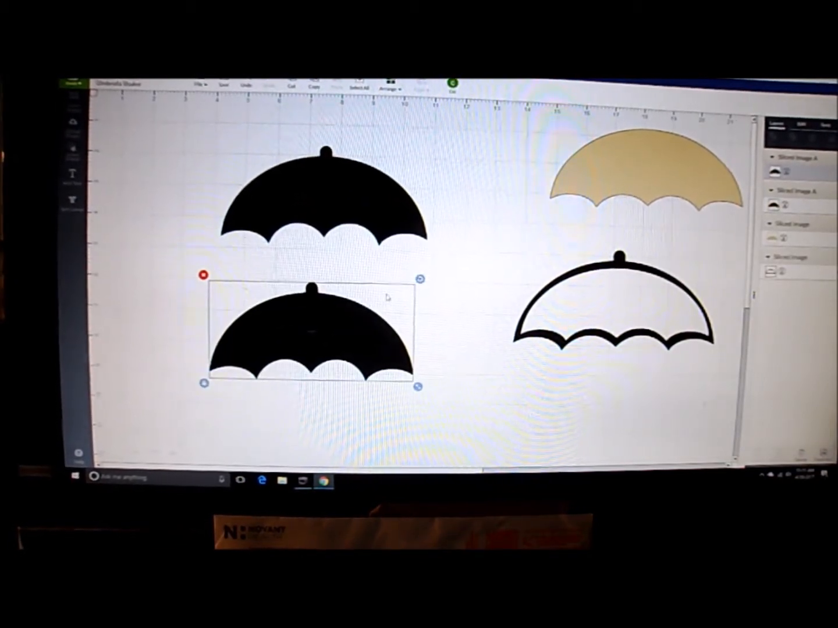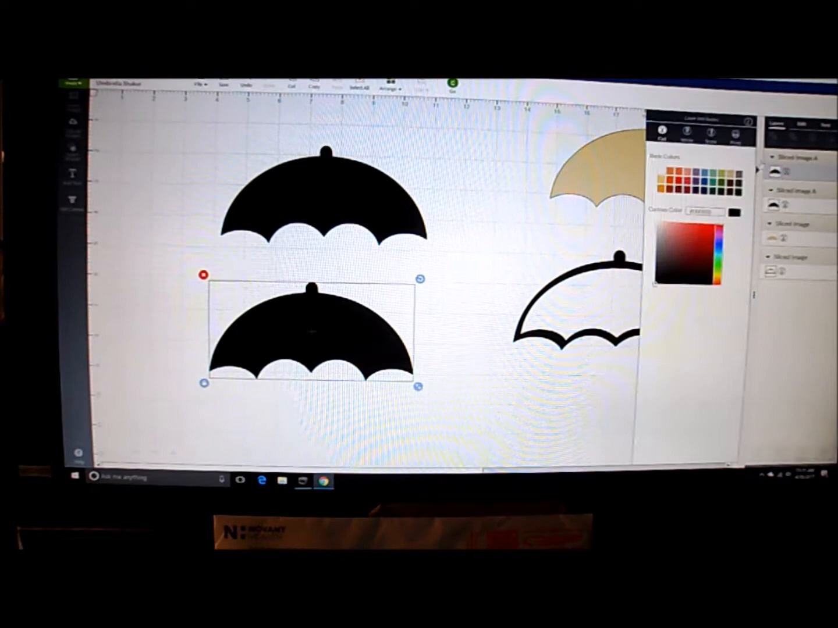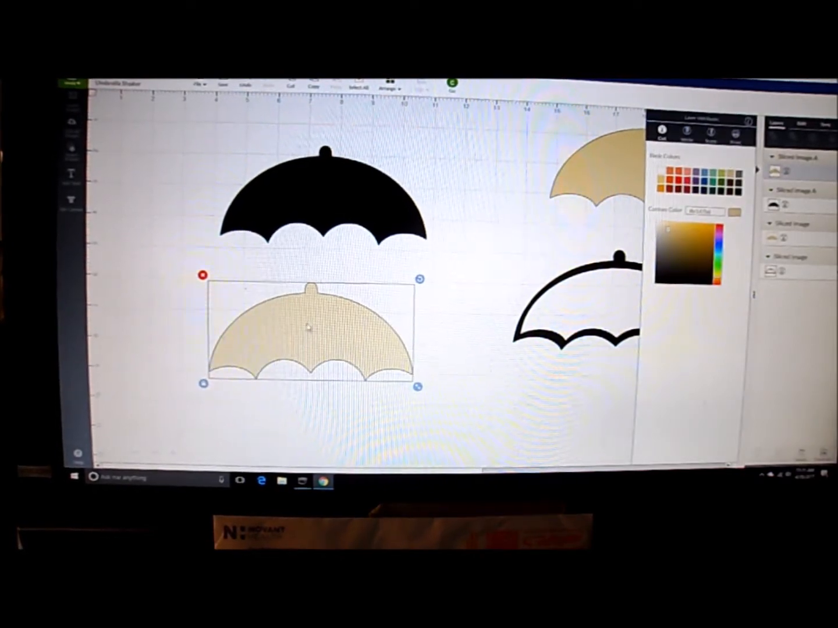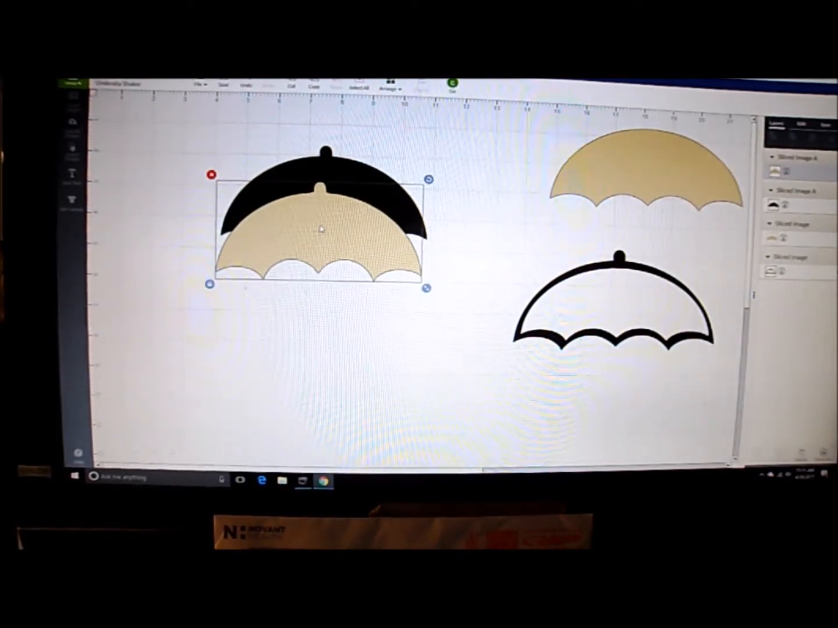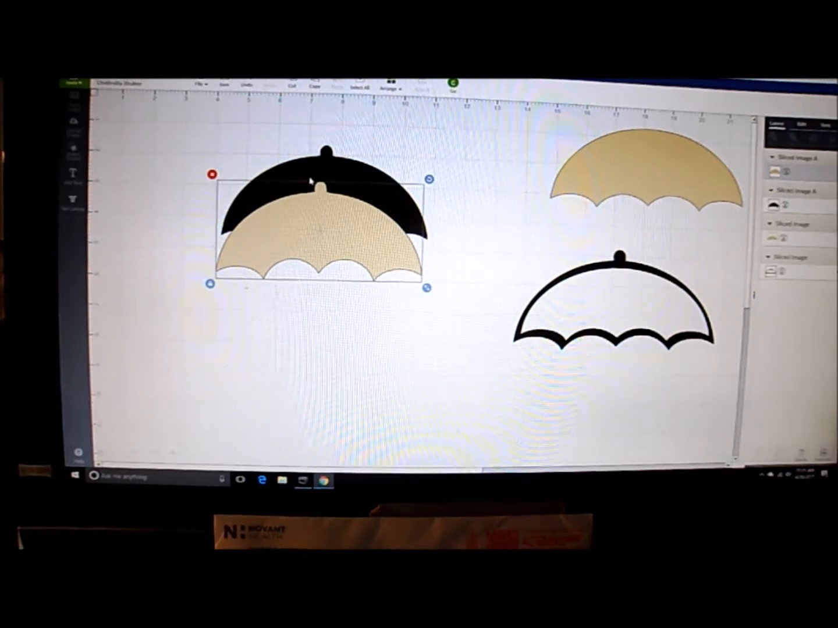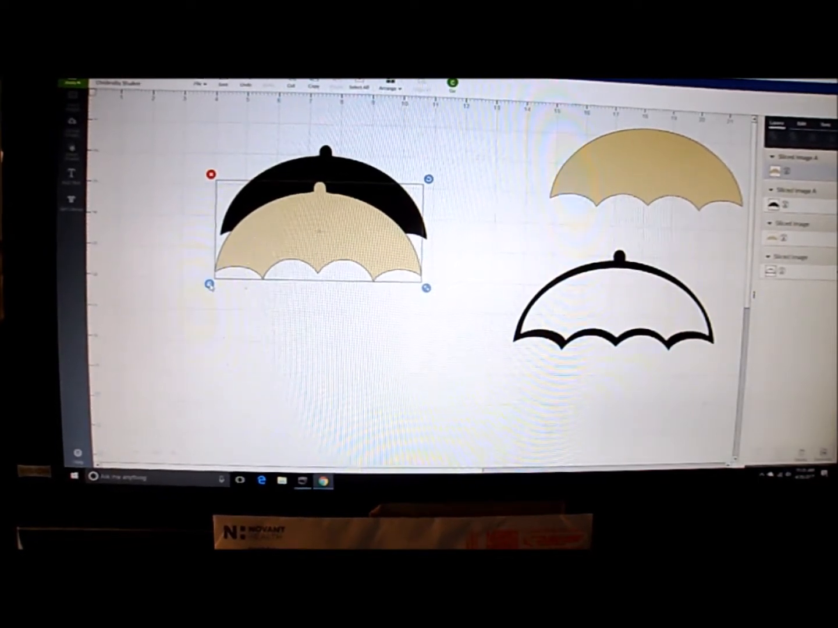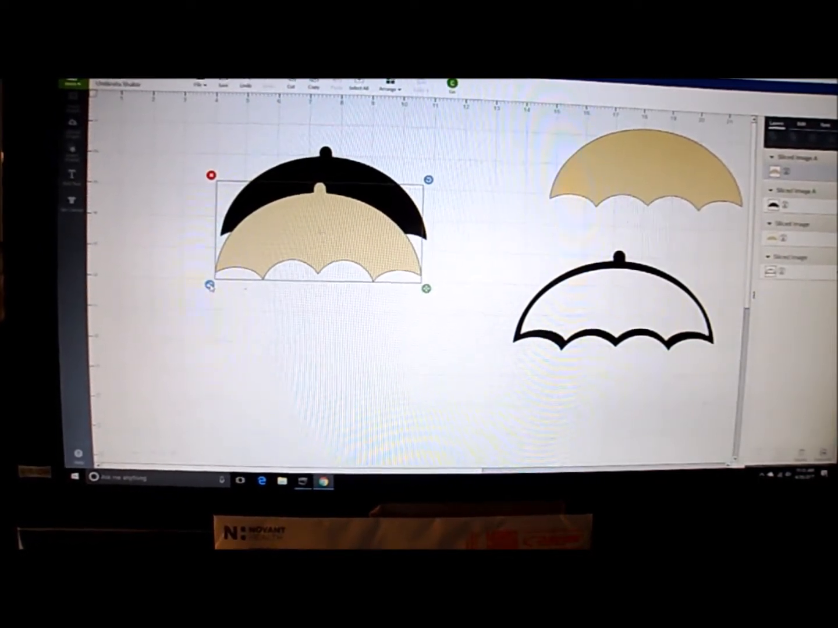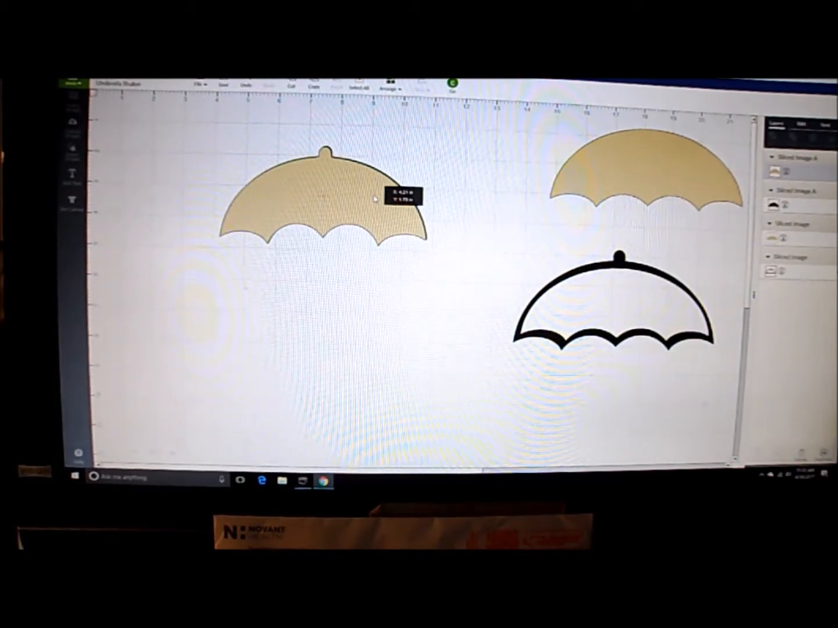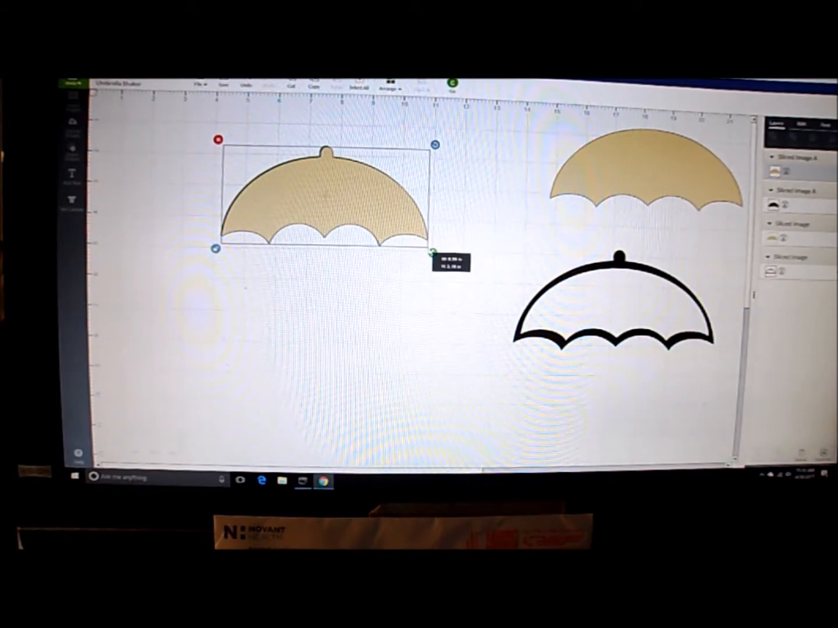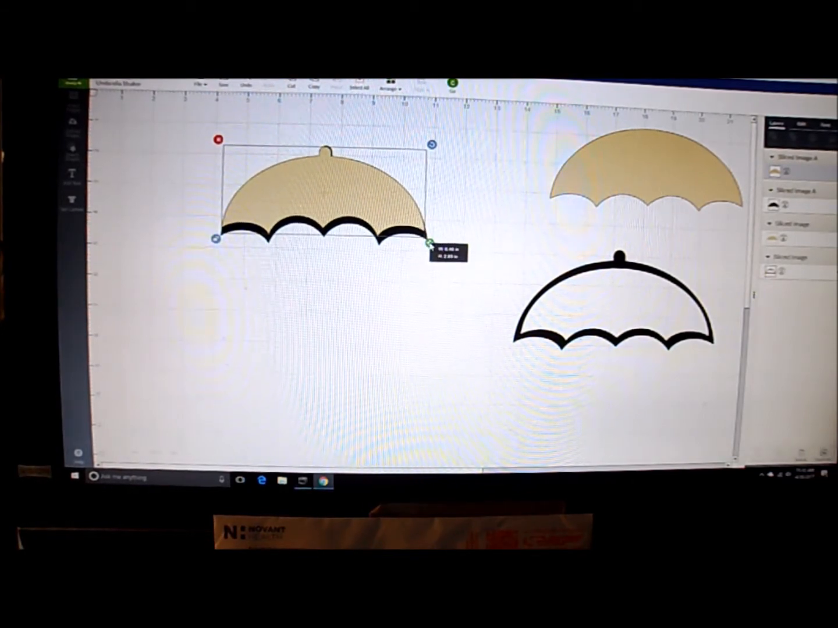and I changed the color so that I can see the difference. So what I'm going to do is unlock the image, sorry about the camera shaking again, and I'm going to lay this on top of the other one, and I'm just going to play with it until